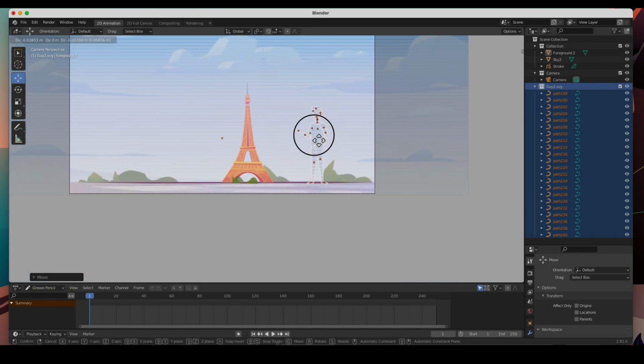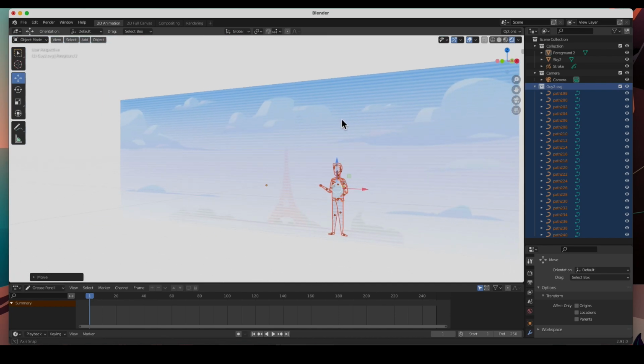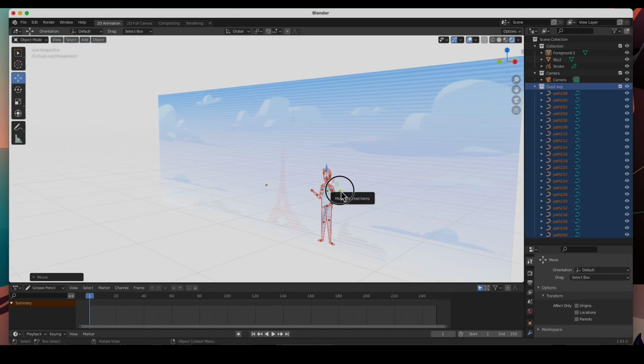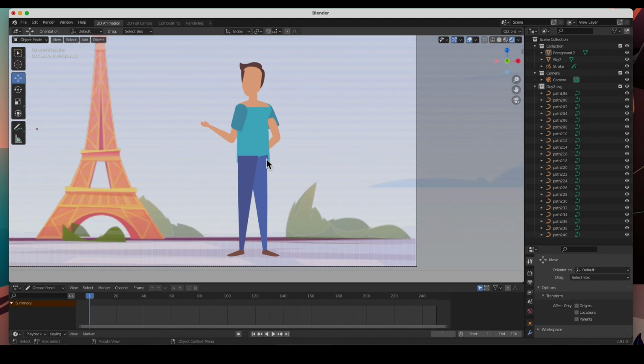And I'm going to move him right here on the floor, like he's standing in the foreground looking at the Eiffel Tower in the background. And you don't see him because he's kind of inside this image. So all we have to do is push him to the foreground to see him. And we get a little surprise. The stacking order of these elements is off. How do we fix that?